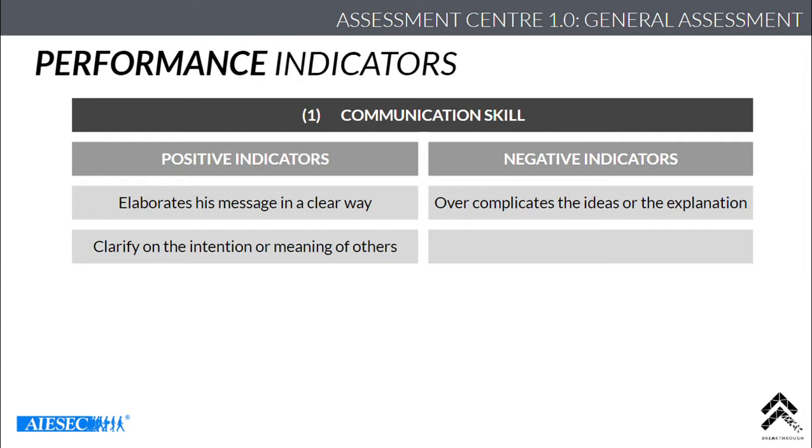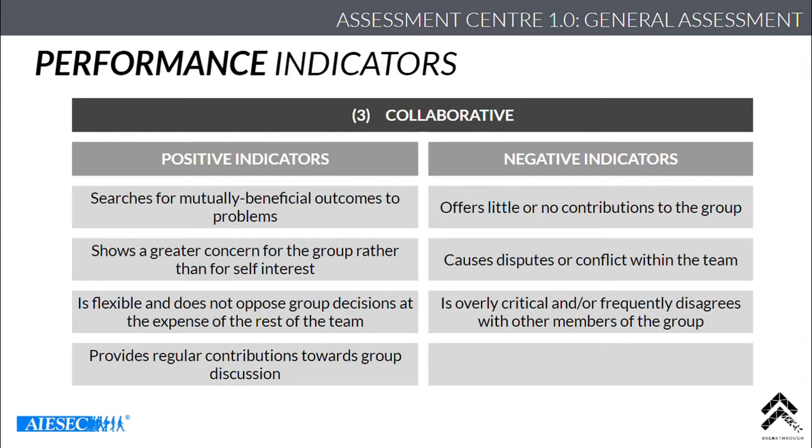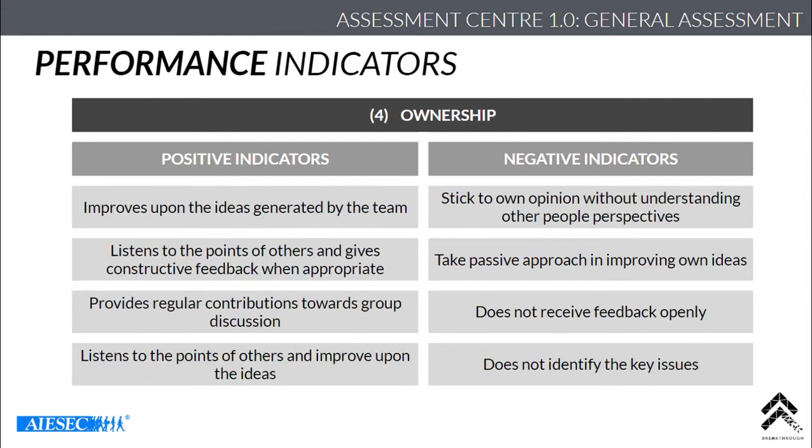Definitely you will ask, what are the things that we need to observe and assess in the candidate in assessment center 1.0? So we have come up with a list of performance indicators. For example, in assessment center 1.0, the things we want to assess in the candidate are mostly their communication skill, listening skill, and also the Malaysia values, which are collaborative, ownership, and